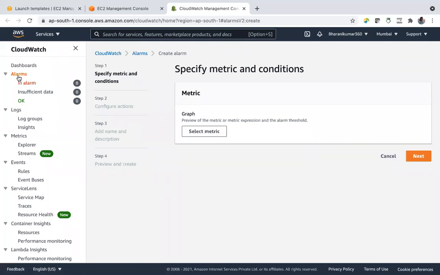And here there is alarm also, and through these alarms, you can set any condition. Say for example, if CPU utilization meets 60%, then this alarm will become okay. If there is any insufficient data, then it will be in insufficient data. If you have provisioned everything correctly to your alarm, it will be in okay status. And if that condition becomes true, it will be in alarm.